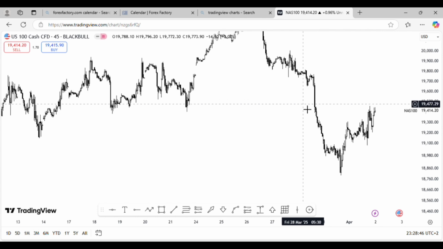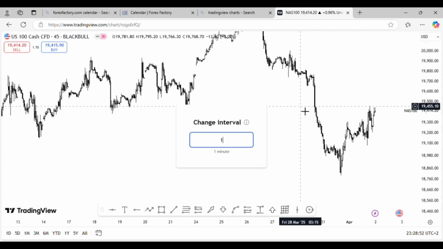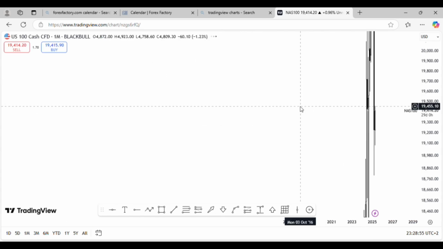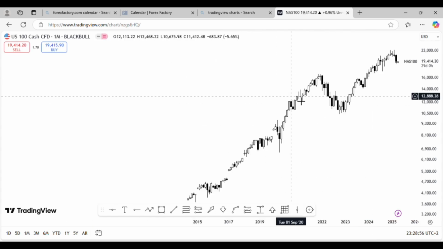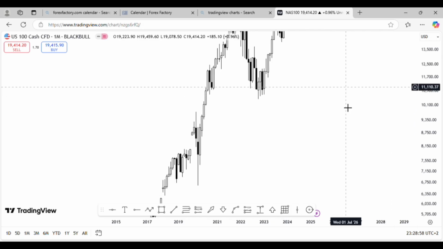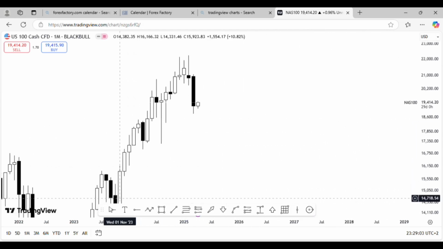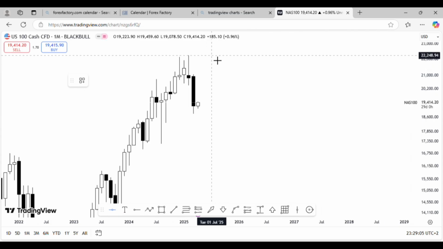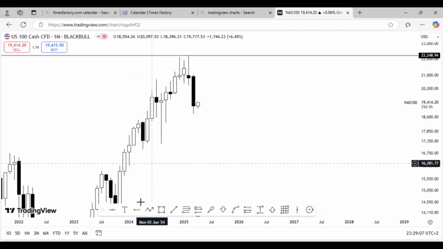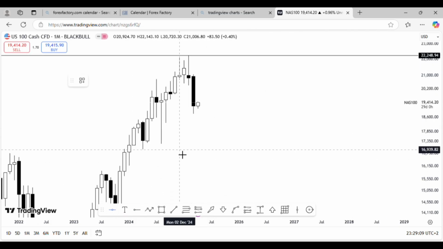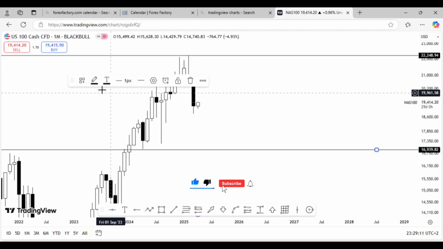So today I'll be doing a top-down analysis on Nasdaq and GER30. What I usually do is go to my highest time frame, which is my monthly time frame. One thing that I always identify on my 1 month time frame is my highest point and my lowest point. We all know those 2 points, my highest point and my lowest point, will be my